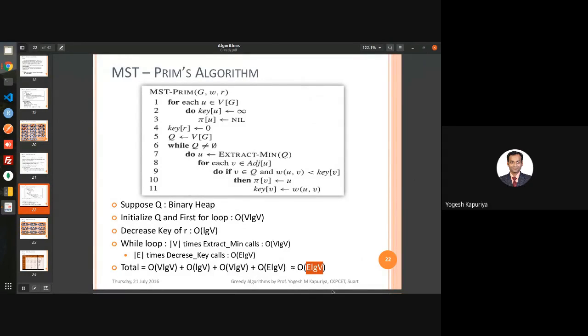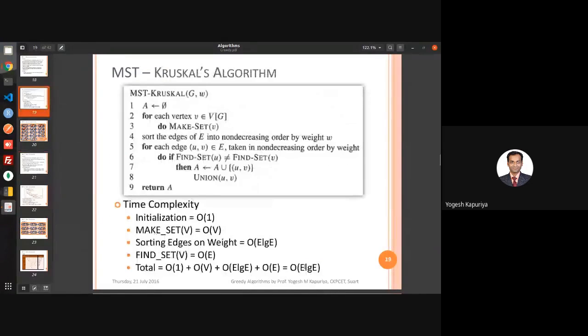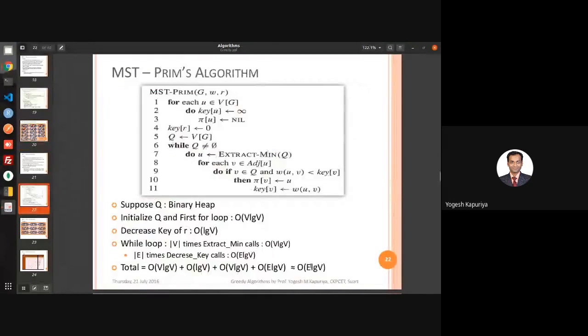So this is the time complexity of Prim's algorithm. The time complexity of Kruskal's algorithm was E log E, and the time complexity of Prim's algorithm is E log V. So tell me which one is the better algorithm?